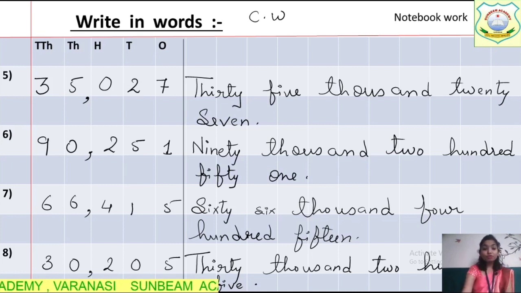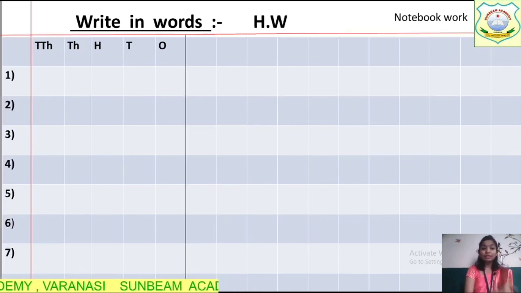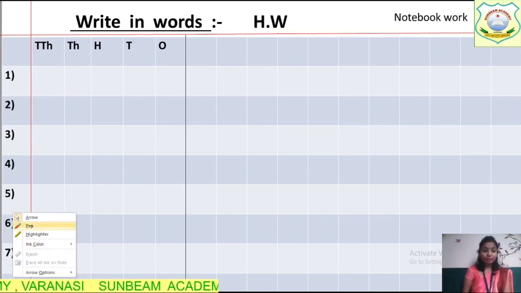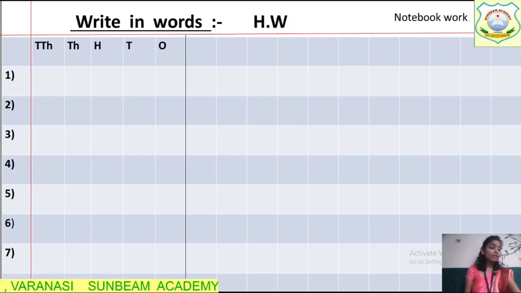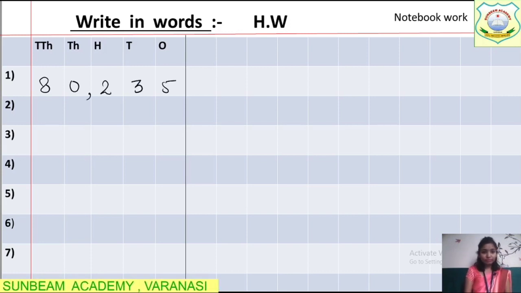Now it's time to note down the homework questions. So I'm writing homework questions here. You also note it down fast. I'm writing the numbers. You can do in 1 page, you can do in 2 pages. It's totally your wish. अगर आपको उसको अच्छे से लिखना है, बहुत ही नीट एंड क्लीन, use 2 pages. So now I'm writing the first question of homework, that is 80,235. This is your homework question. Write down the date here and then write homework.